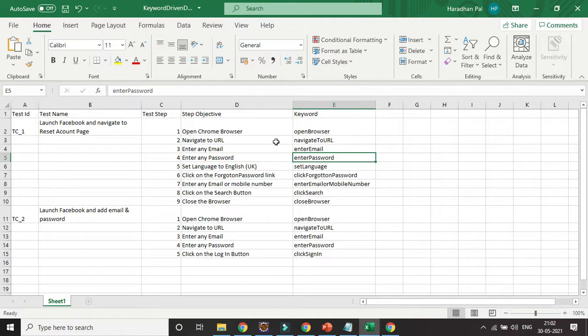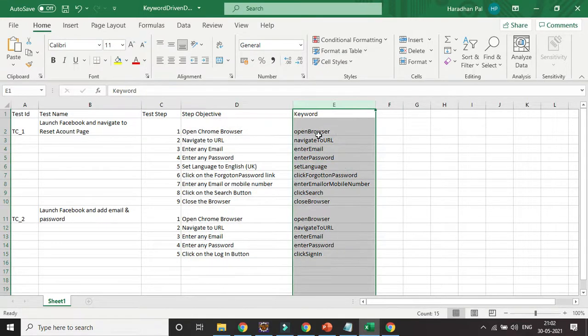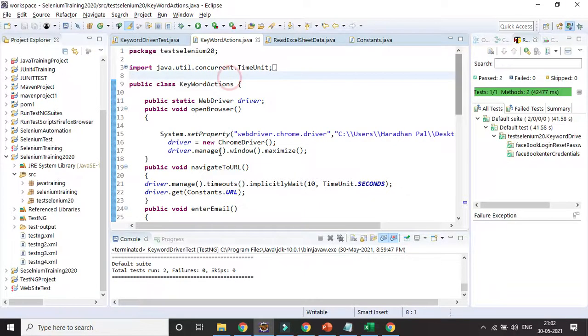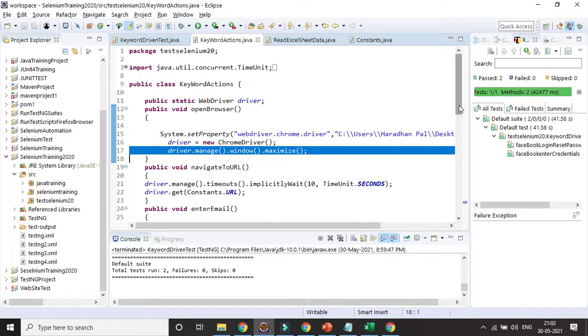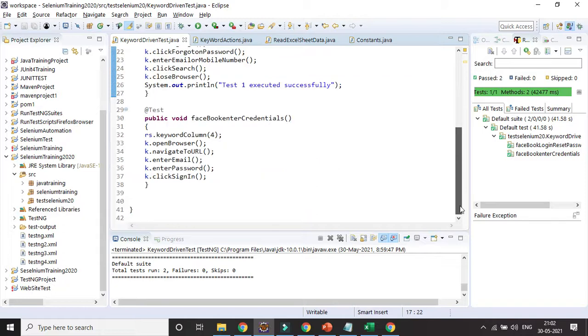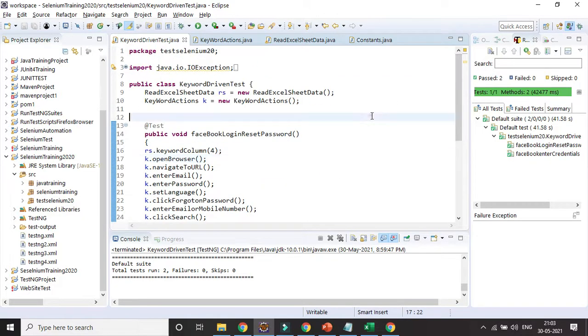Maintain your code, and you can also get to know the objective of each test case and what the keyword is. In case you need to change anything, you will update those methods, or add those methods as and when required. And in the test case you are simply calling the method, you are not adding it. And maybe you can add some validation point or assertion point here in case it is required. So that's why keyword driven testing happens.